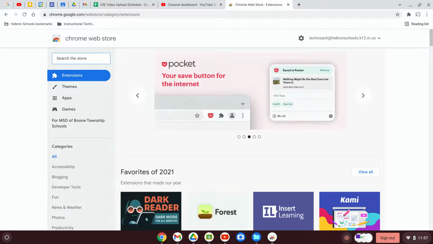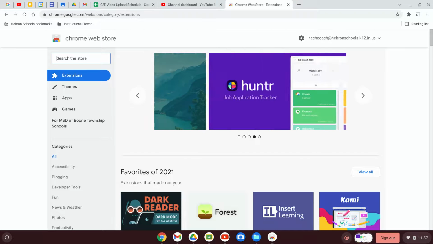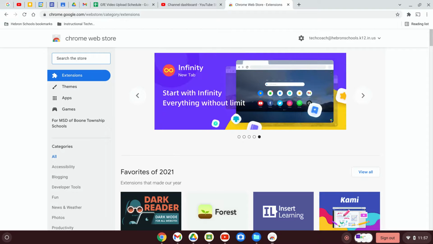So let's say you found what you were looking for at the Chrome Web Store, but you also realized that there is plenty of other stuff there that you didn't get a chance to look at, and you might come back later and see if any of that is worthwhile as well. To help you with that, you can bookmark the Chrome Web Store